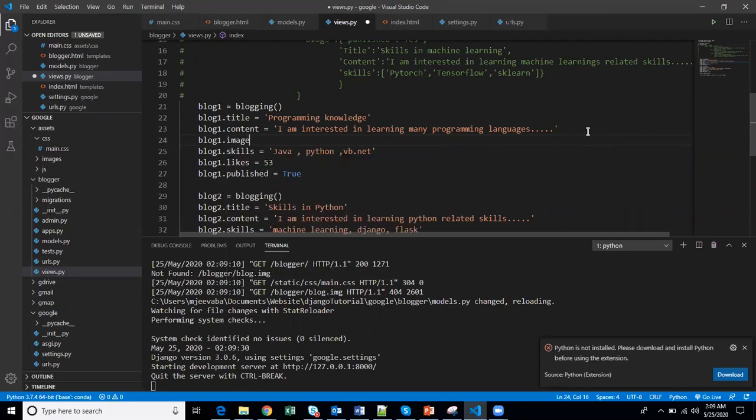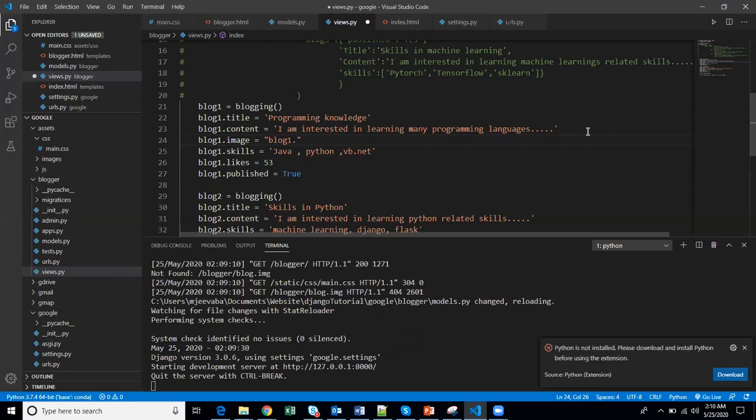Image, and the path would be, what is the path? Images, or just blog1, because that's one thing we will learn additionally, how to set a variable in Jinja, though we might not use it in the future, like when we use a database and all.